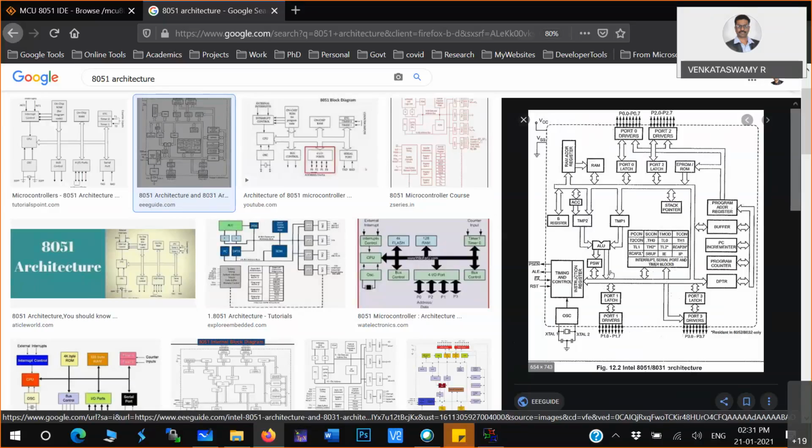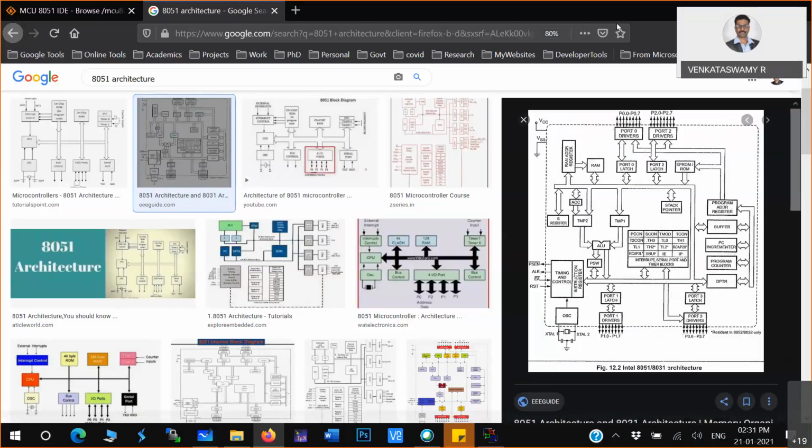So this is one part you have to focus on in the microcontroller. This is the key thing. You see, the ALU is actually the microprocessor, the CPU.